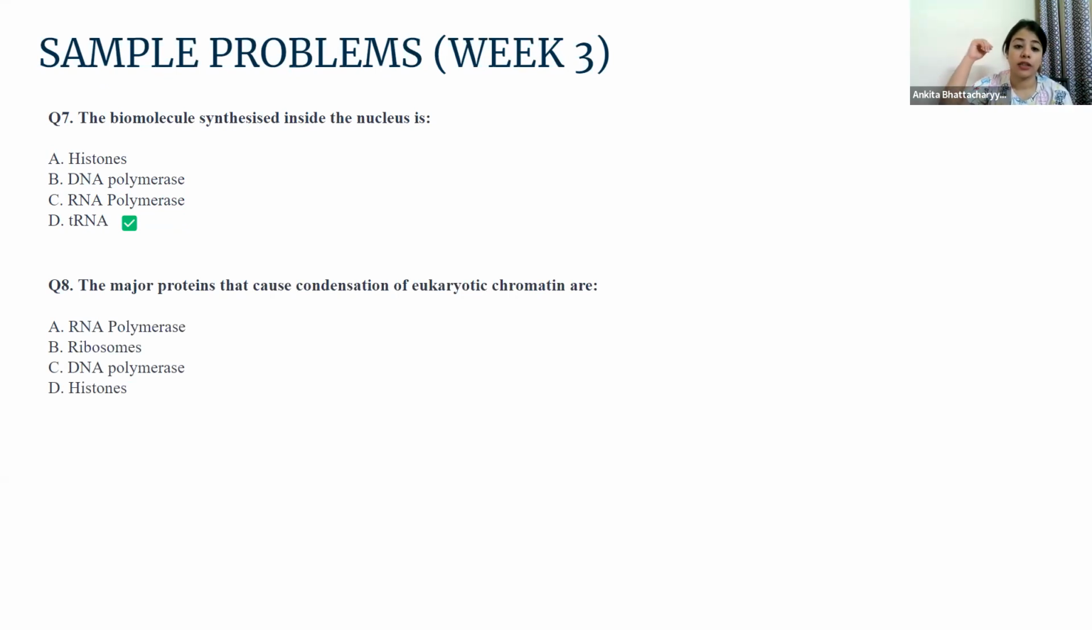And then we talk about the major proteins that cause condensation of the eukaryotic chromatin. I've already discussed this, but if you look at the options, the polymerases are not involved in that. Ribosomes are involved in translation, which is the synthesis of proteins, and histones are obviously the answer. There are several different types of histones. What they do is they form an octamer, which means 8 histones are present. They form a sort of base around which DNA is wrapped, and that wrapping